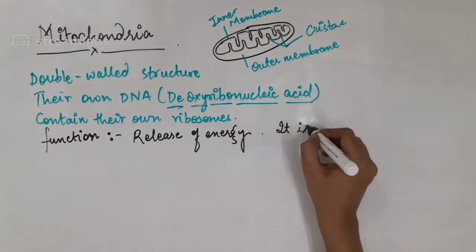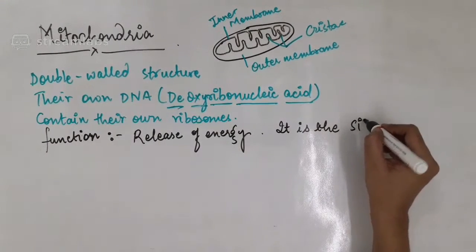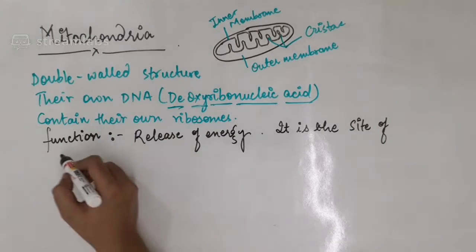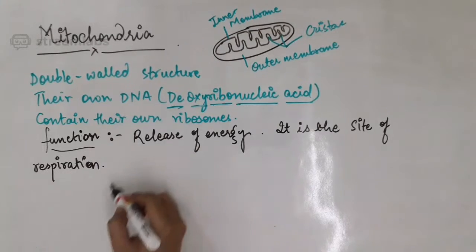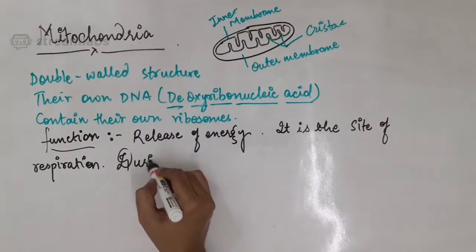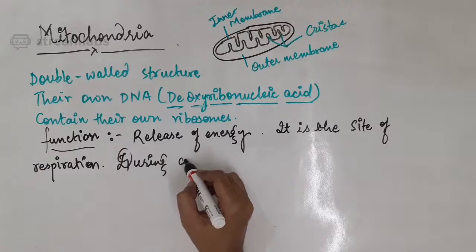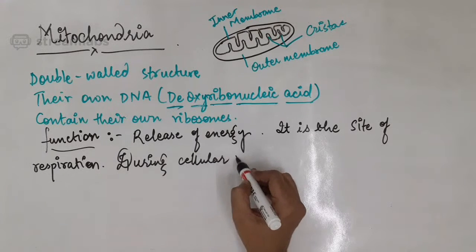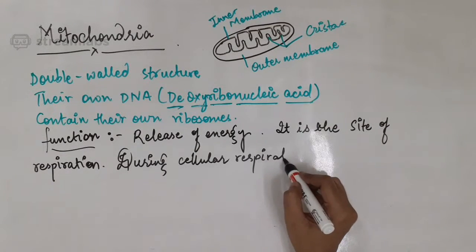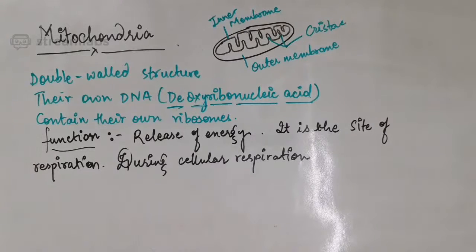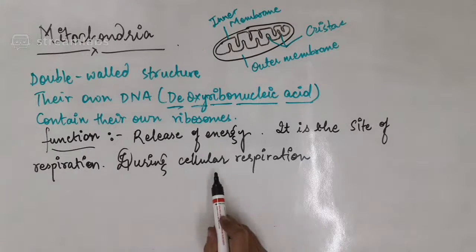It is the site of respiration, during which, during the cellular respiration, you must have studied cellular respiration in class 7th. Cellular respiration means the production of energy from the absorbed food inside the cell in the presence of oxygen. So during cellular respiration,